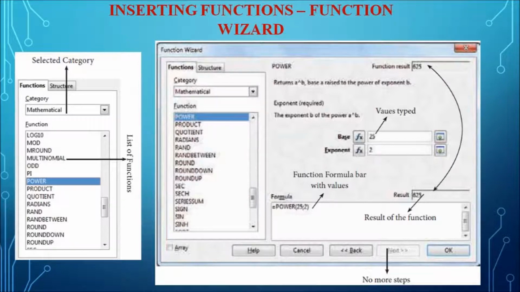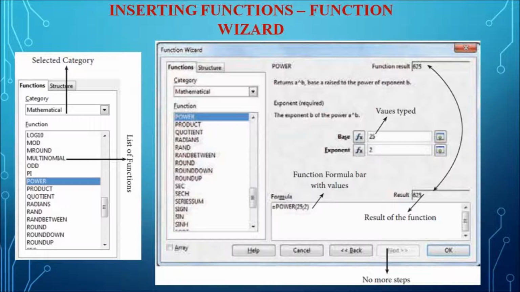And next one is inserting functions using the function wizard method. A function can also be inserted using the function wizard. That is, a template will be there, so we just need to select the function and feed the values. The function wizard is a dialog box which provides a step-by-step procedure to insert a function.